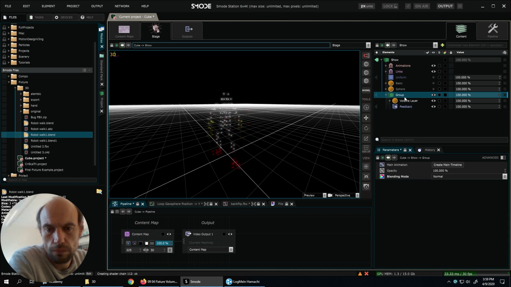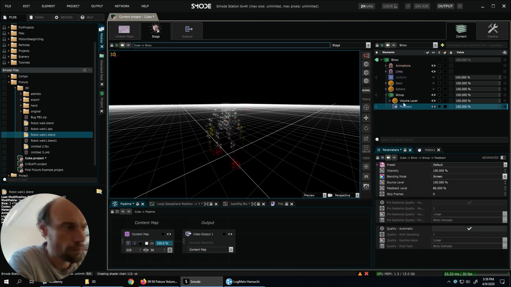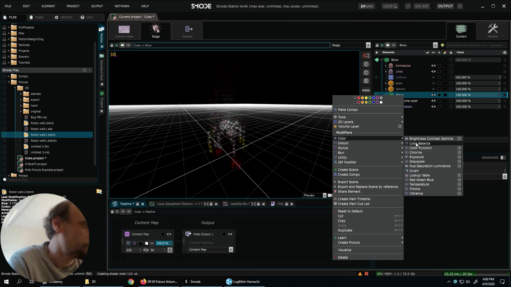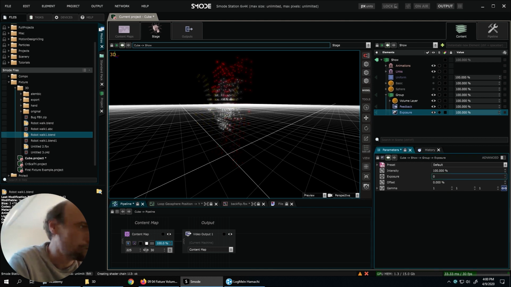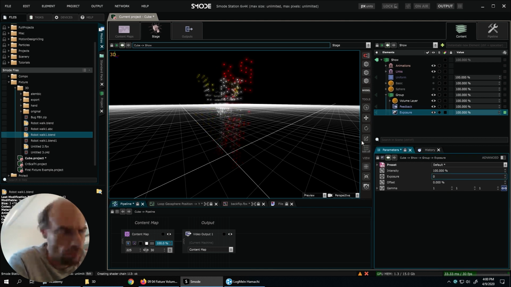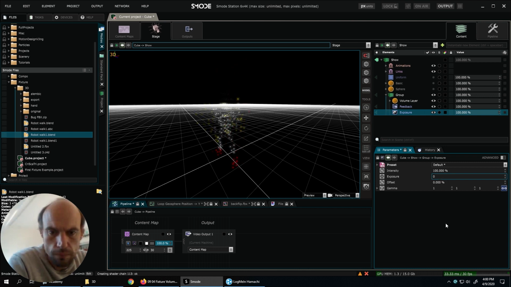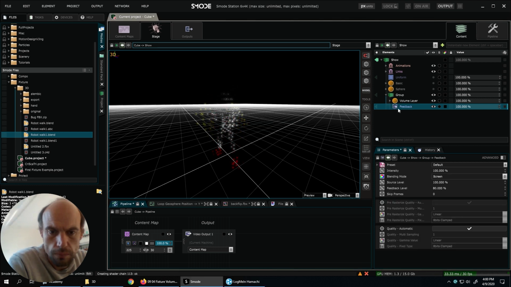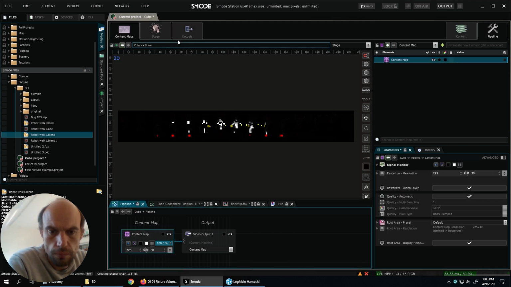So you just need to use a scene and the different effects you want to apply on the volume layer. You can use them normally. Yeah, like this. So you can use 2D effects, but this can be tricky because it changes into the 3D space.